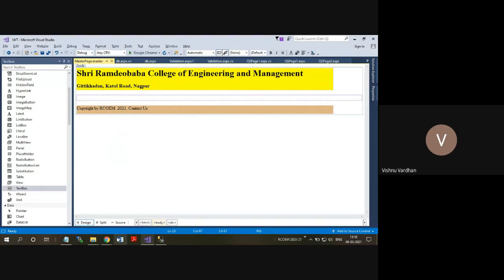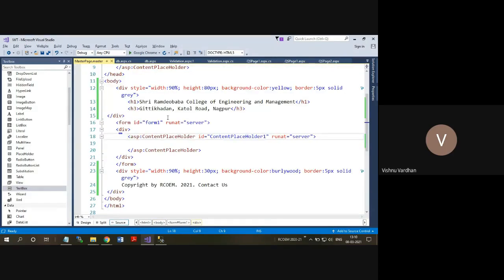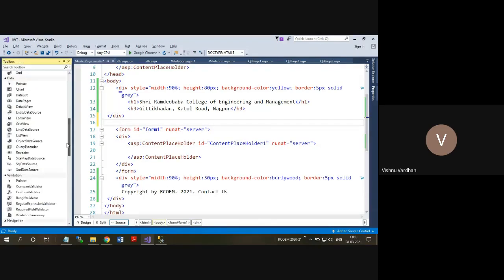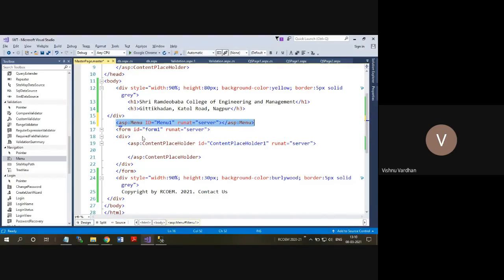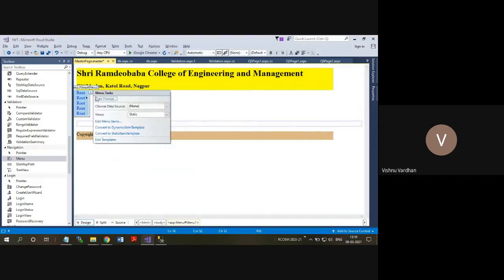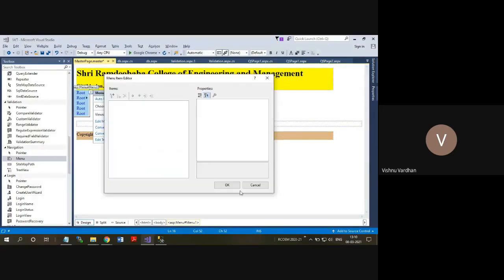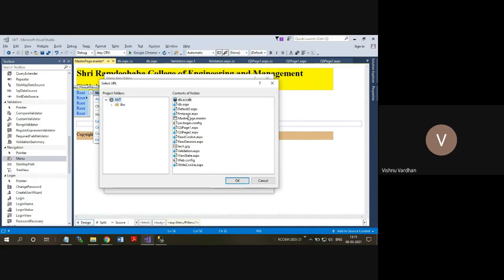Not only that, you can create your own interfaces, like navigational links. This is a menu, created with Edit Menu Items. How to do that? Home: you have to provide the navigational URL, which is default, so you select it in this way. Default is the index page.